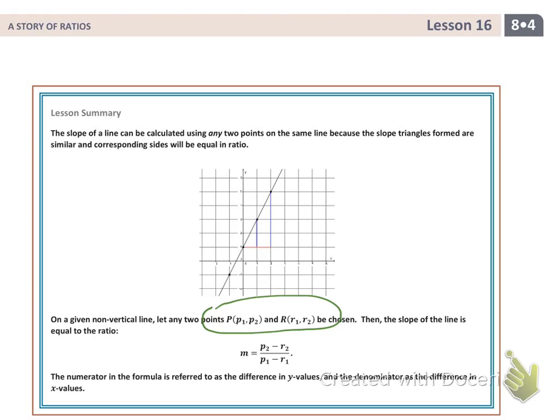And notice that P2 minus R2 is the difference in the y-coordinates because the y-coordinates are labeled with a subscript of 2. And P1 minus R1 is the difference in the x-coordinates, which is labeled with the subscript of 1. So the numerator in the formula is referred to as the difference in y values, and the denominator is the difference in x values. And again, we said it could also be thought of as the rise over the run